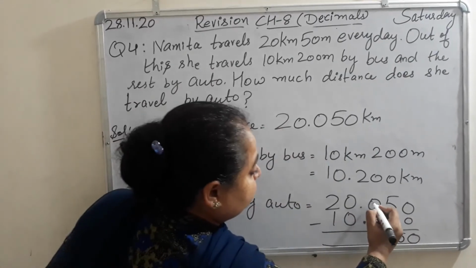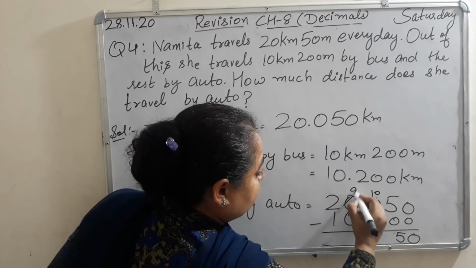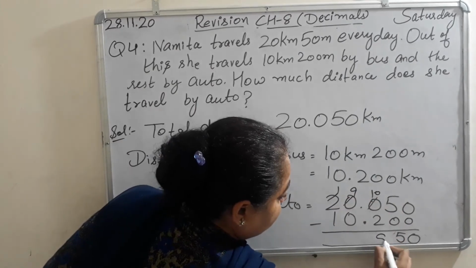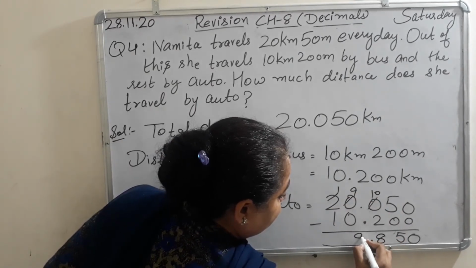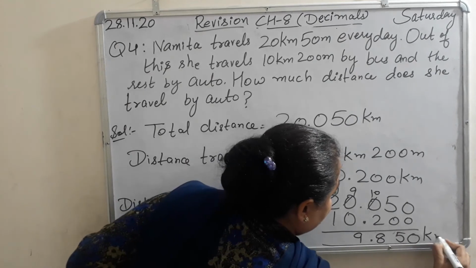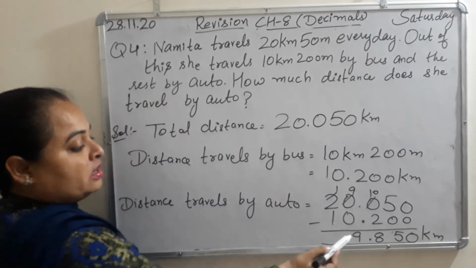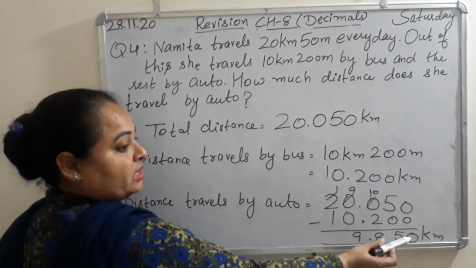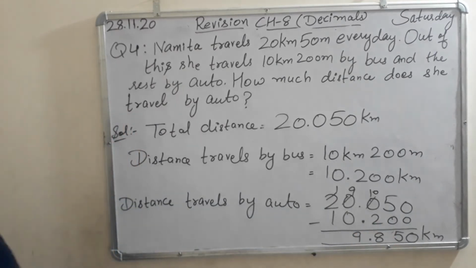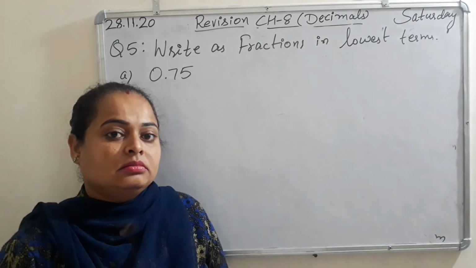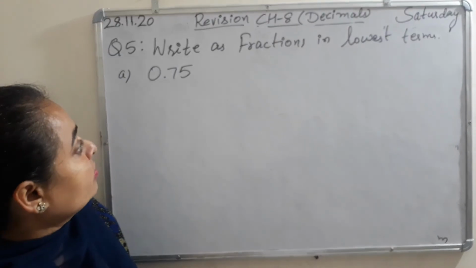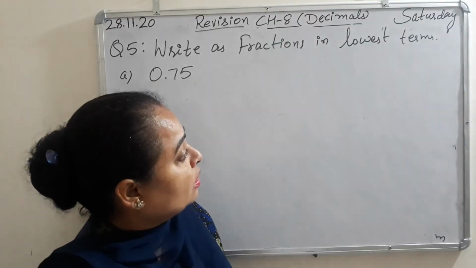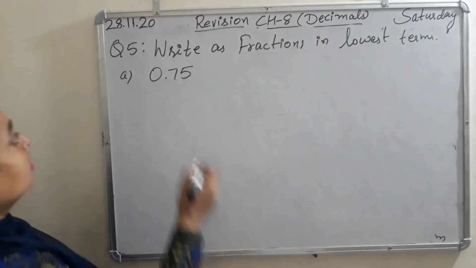Here, kilometer. So this is the result, 9.850. Come to the fifth sum. Write as fractions in lowest terms. A part is